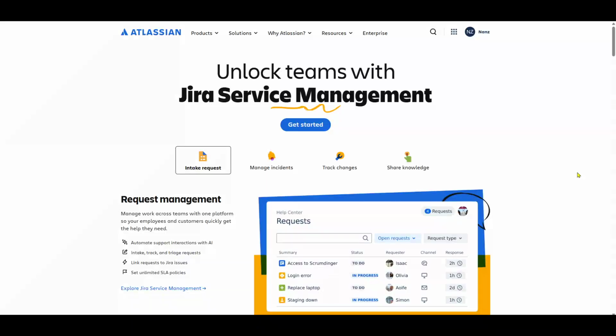In today's video, I'm going to teach you how to create tabs in a Confluence page. Whether you're a seasoned Confluence user or just starting out, organizing your content into tabs is a great way to streamline information and make your pages easy to navigate. So, let's dive right in and get started.